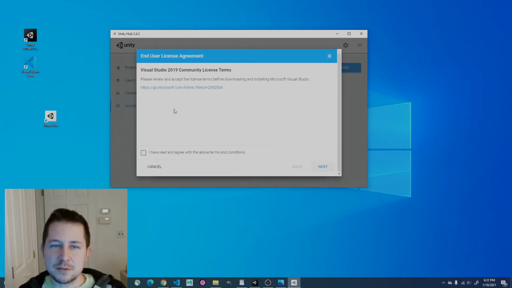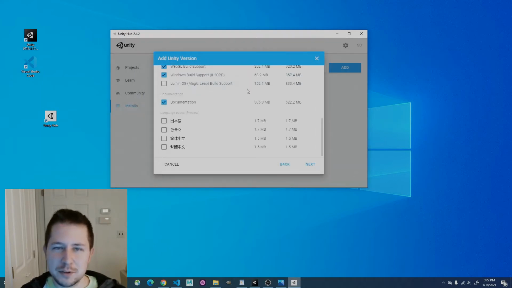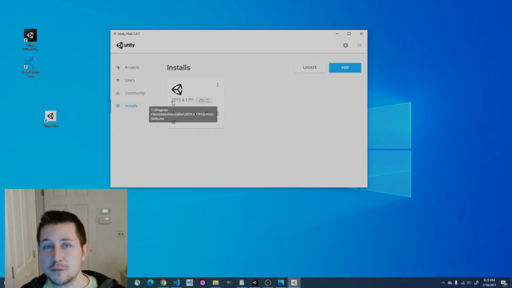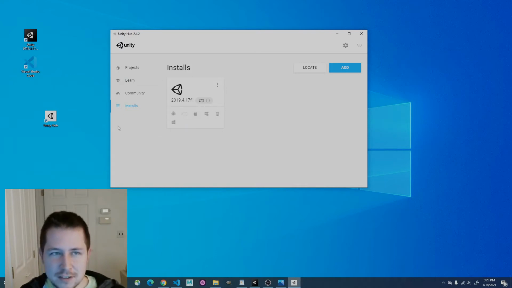It's going to then ask you to just work your way through this. This is all going to be a normal installation. So just say yes, I've read the agreements, and work your way through that. It's going to end up with one thing here. It's going to have your Unity version. So then once you have something here, you can see it also gave me a desktop icon, which is